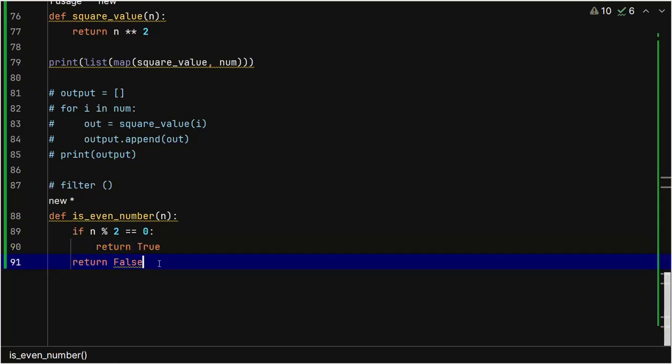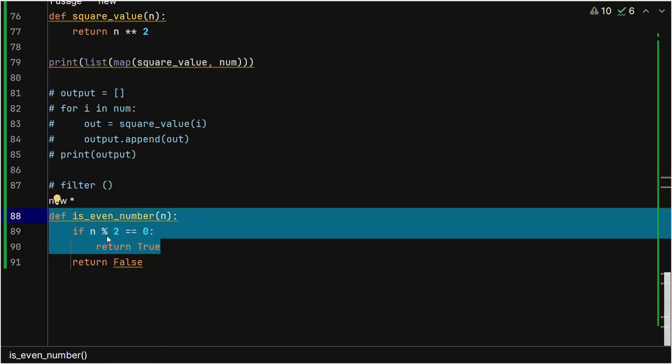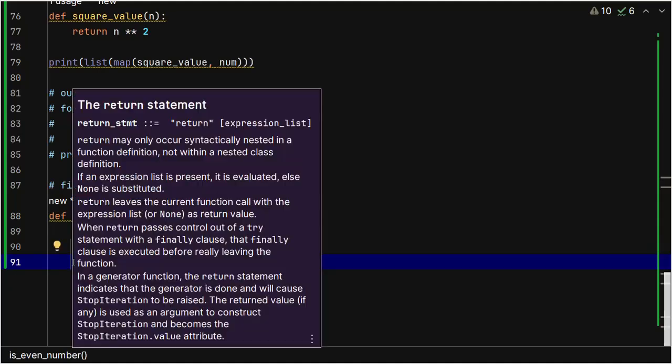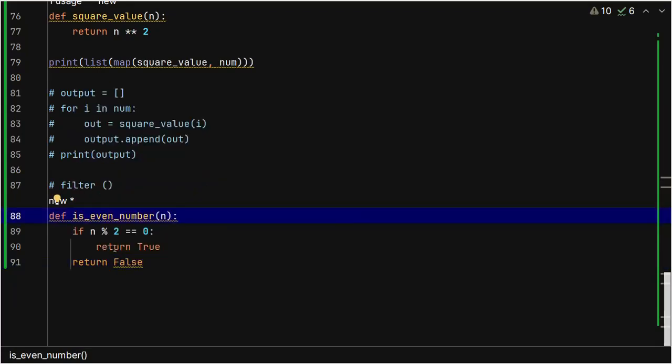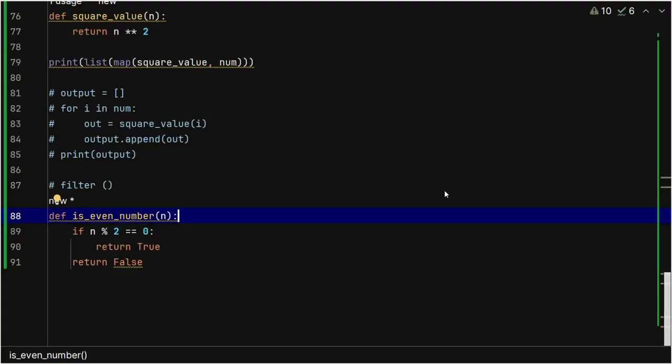But in functions, when the first return is encountered, that's all. The function will stop. It will just return back. That is why even if I don't keep this in else, when this condition is satisfied,